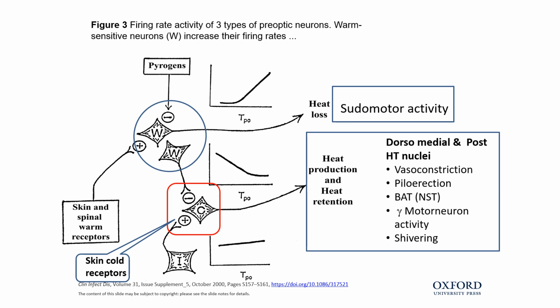Now these warm receptors, these neurons, have an inhibitory effect on the cold receptors. What are these cold receptors doing? When they are activated, they try to increase the production of heat and also try to retain the heat, so that there is calorigenesis and calorie loss is prevented, like vasoconstriction, piloerection, brown adipose tissue activation, gamma motor neuron activity, shivering, and all